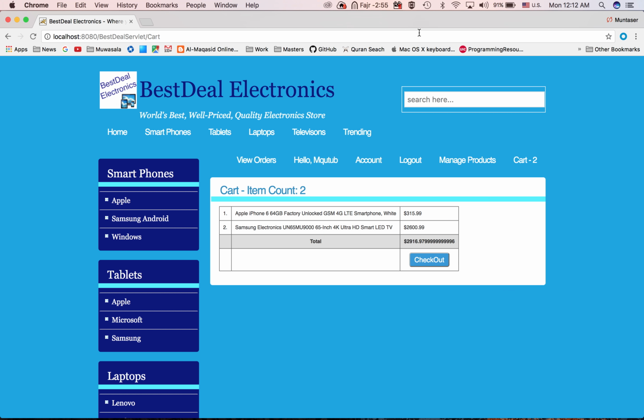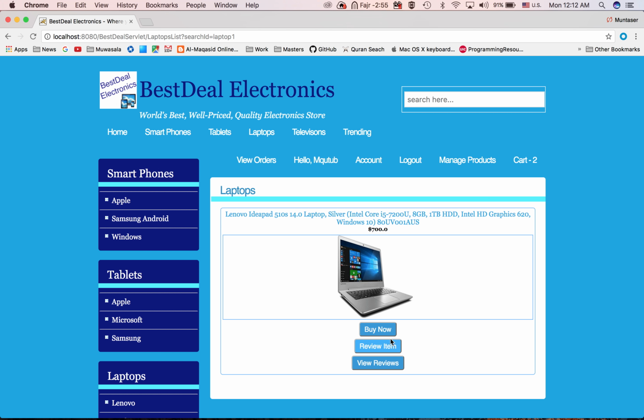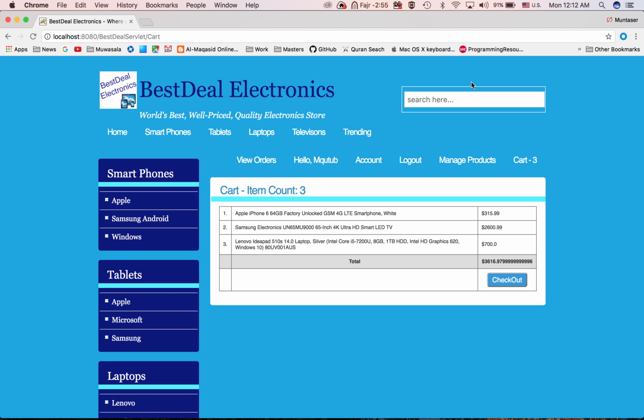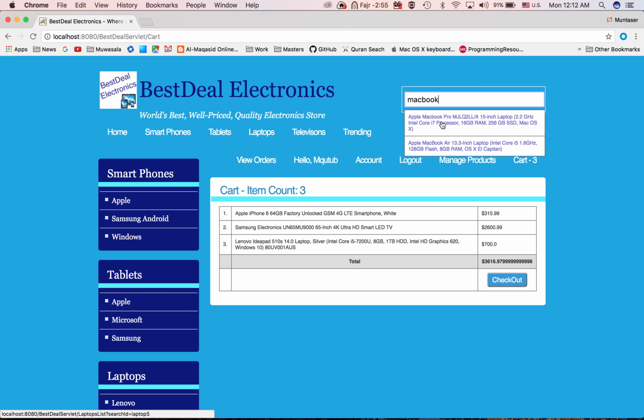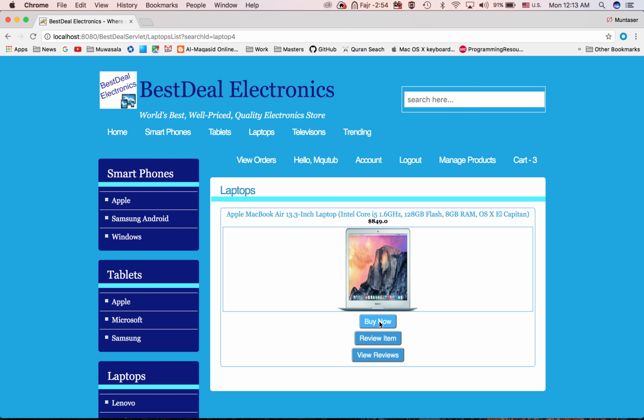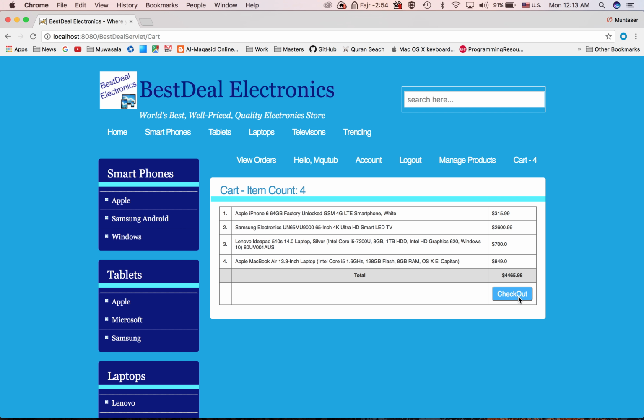We're going to just buy it, add it to the cart, and then I also want a Lenovo laptop as well. So I'm going to go in here, get the Lenovo, buy it now. And then I want a MacBook as well. So I'm going to type in MacBook. Ooh, there's two types of MacBooks. I'm going to add the MacBook Air to the cart. And then I'm going to check out,